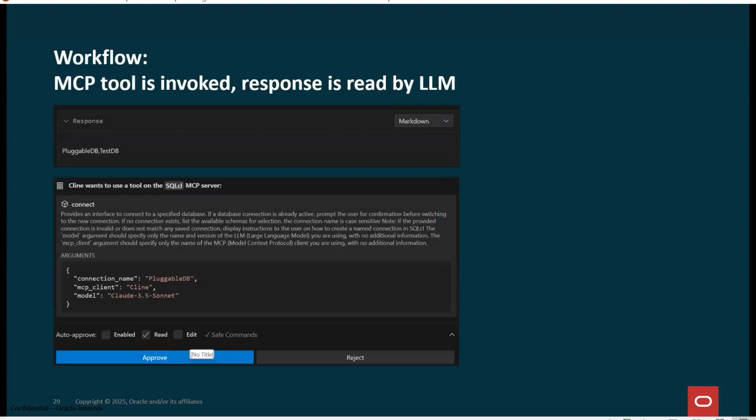it gives a response that you have two databases here. One is pluggable DB and another is test DB. And the client also wants to use a tool on the SQLcl MCP server. It says, I would like to use this particular tool called connect, would you like to approve? This is the pluggable database I would like to make a connection to. And if you click on approve,